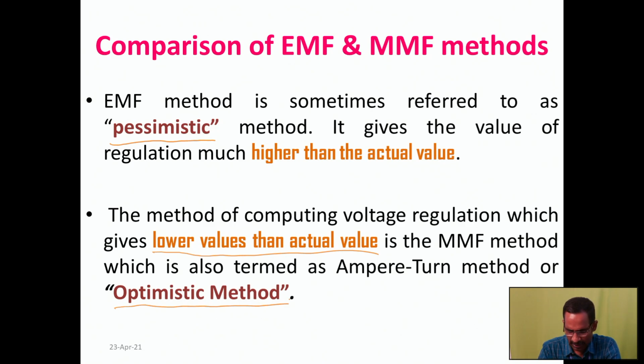So what is the difference between these two? In the EMF method, it gives the voltage regulation which is greater than the actual value, but in the MMF method, it gives the voltage regulation which is lesser than the actual value, so that it is called optimistic